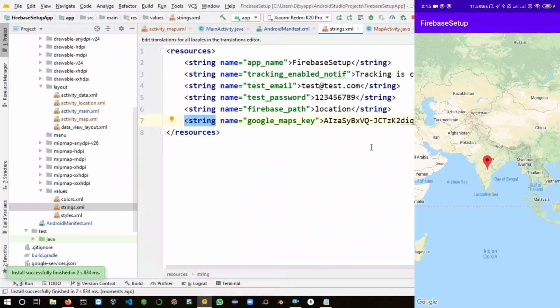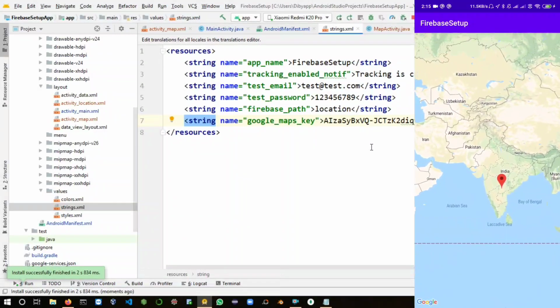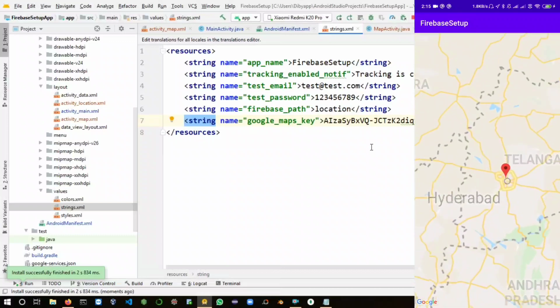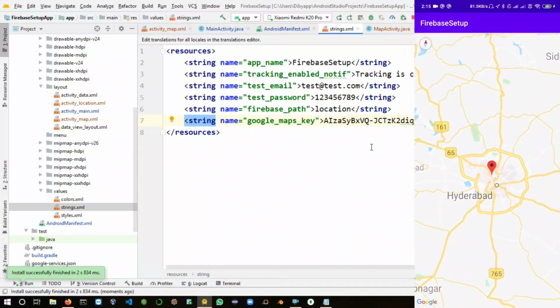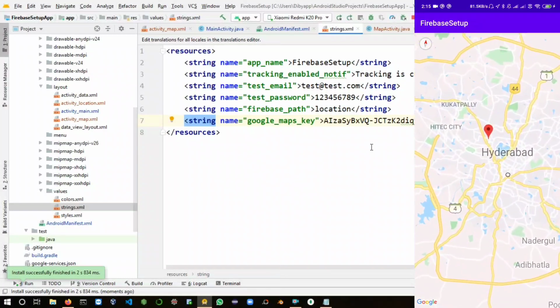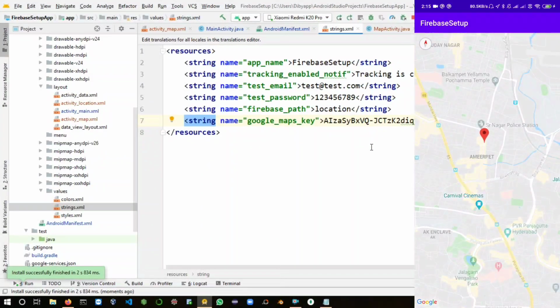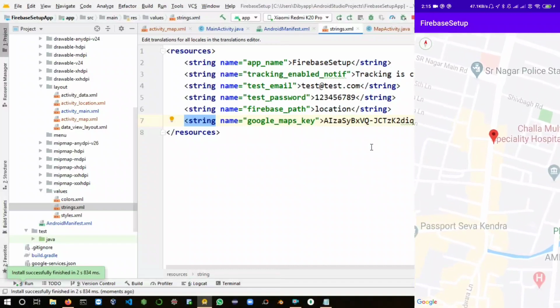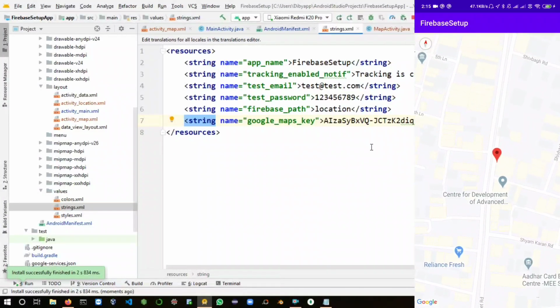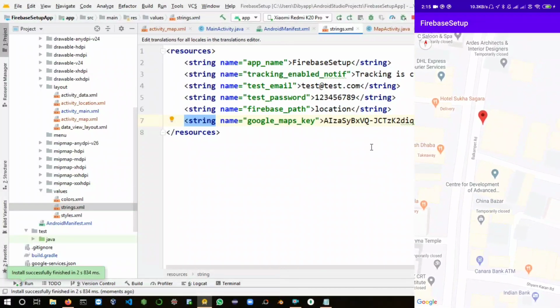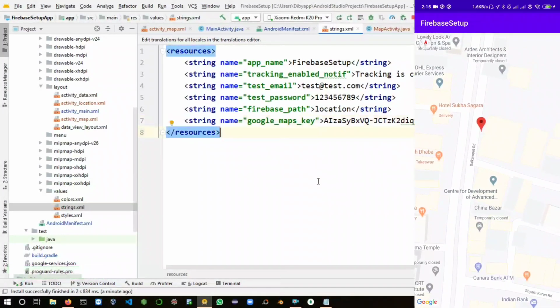Here you can see our location is coming on the map. I will zoom in. I am living in Hyderabad near the CDAC building. Let's see whether it's showing the perfect location or not. Just zoom in more and more. Yes, it's showing my location perfectly. Here you can see Center for Development of Advanced Computing and all. So this is my exact location. With this we have successfully developed a live location tracking application using Android.